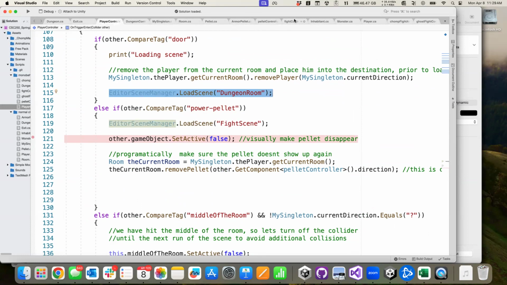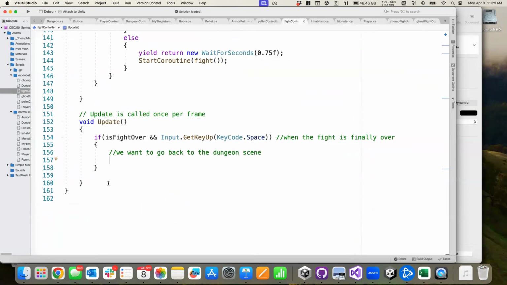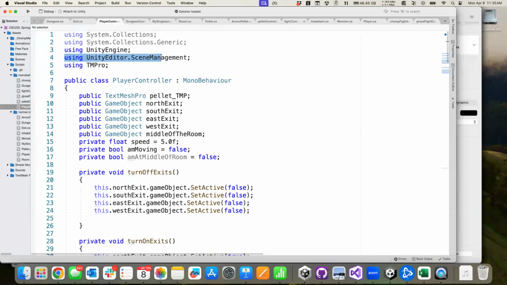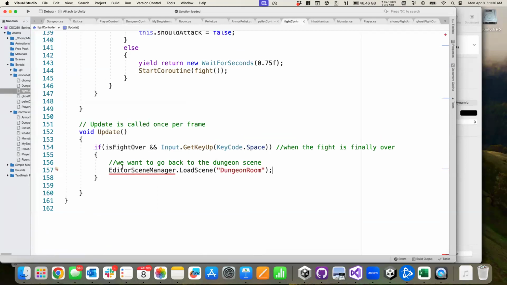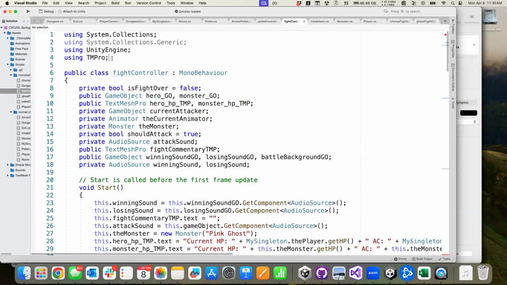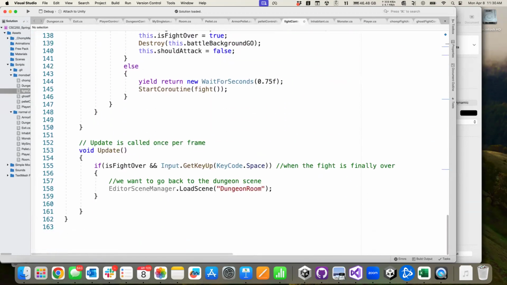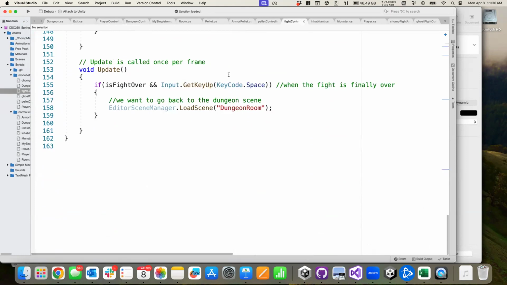We'll go back to our fight controller. And we'll ask our editor scene manager to load the dungeon room. And that guy lives in a library that we haven't included yet. This guy right here, scene management. I'll make sure you have the library added that allows you to manage the scenes. So now if the fight is over and we've pressed the space bar, we'll go ahead and load the dungeon